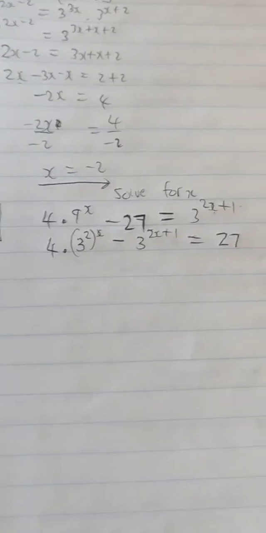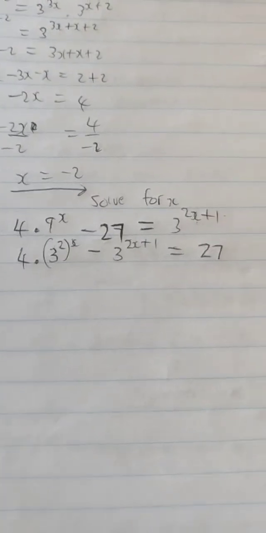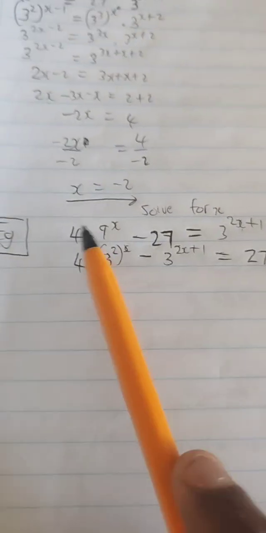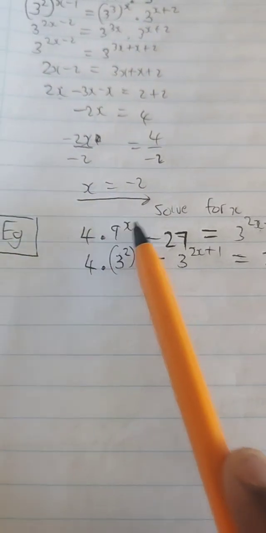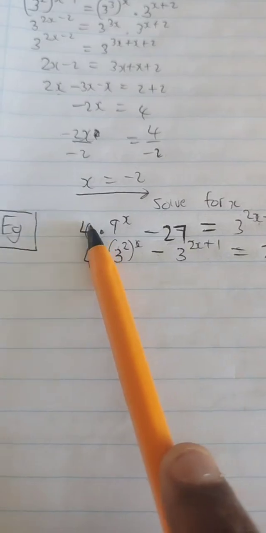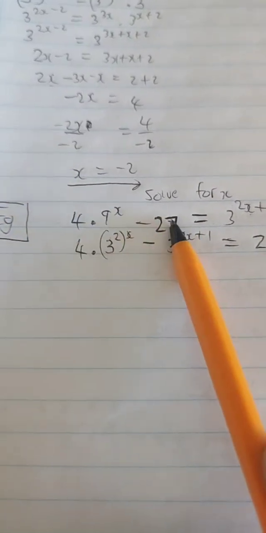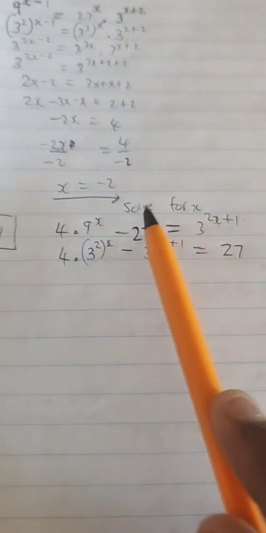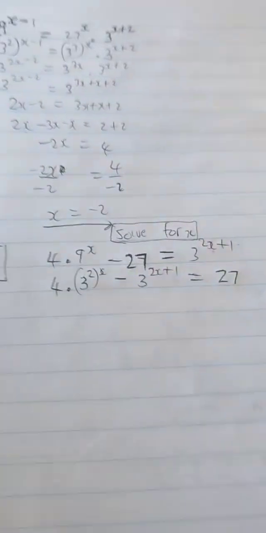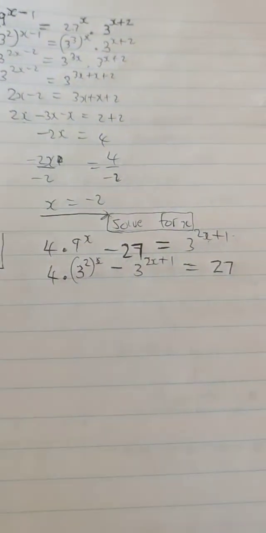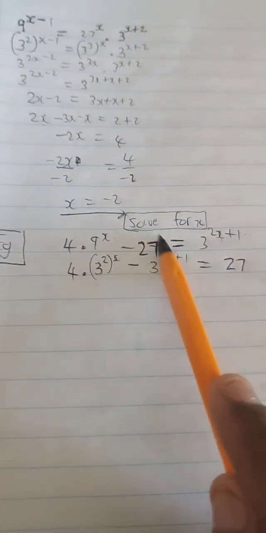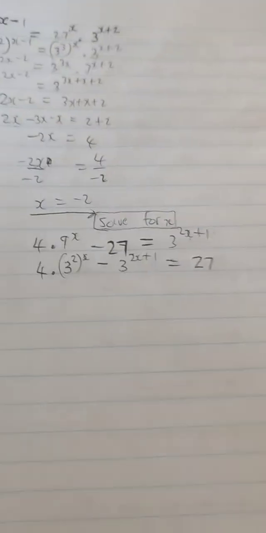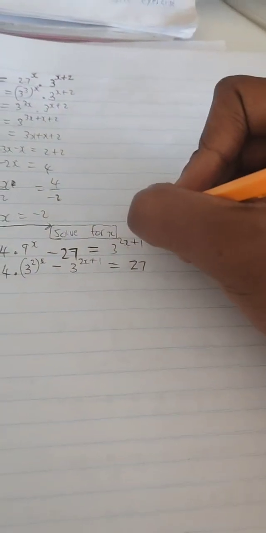This one is slightly different, because 4 times 9 to the power x minus 27, I have 2 terms on the left, and then there is 1 on the right. So that says to me, if I'm going to be solving this exponential equation, my approach is going to be different because my terms are actually separated by a plus and a minus sign. So there is some sort of